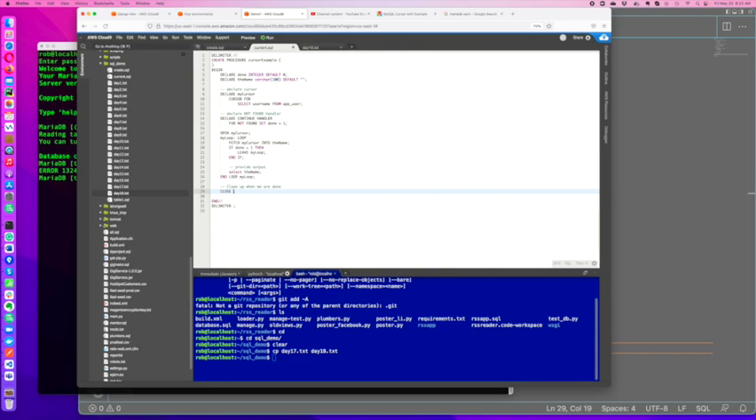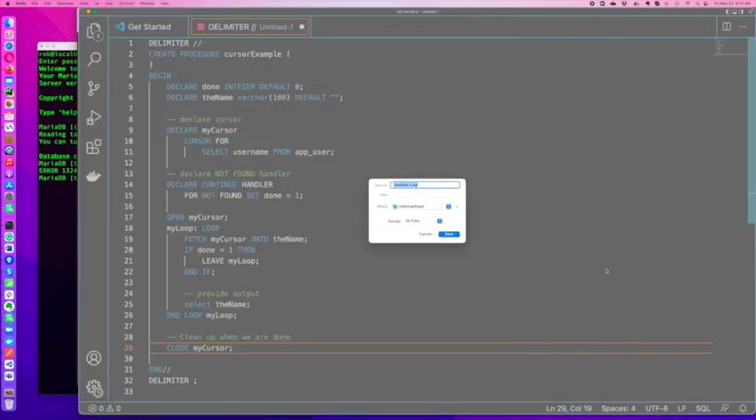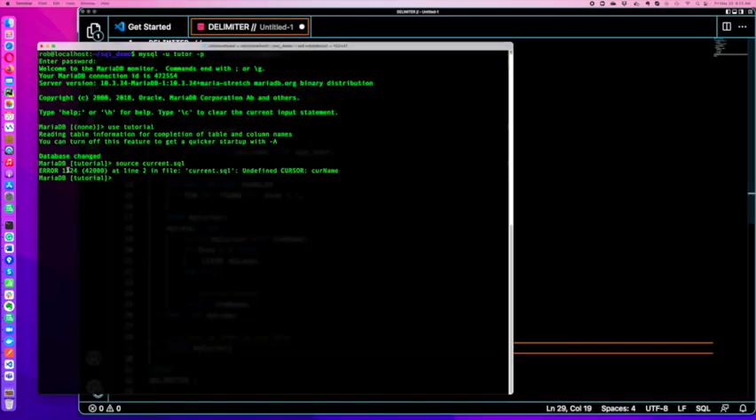I didn't get that. Let's do it this way. My cursor. I think I accidentally told it to save, which I didn't want to do. And let's try that again. Okay, so now